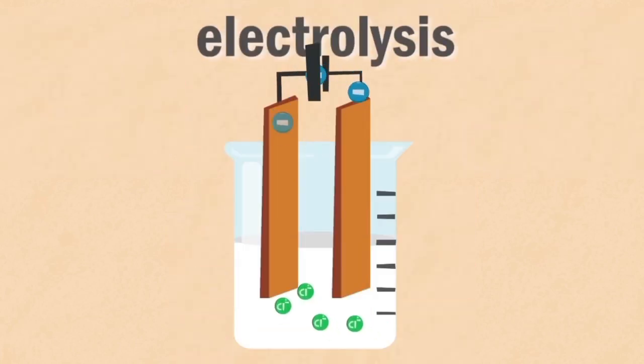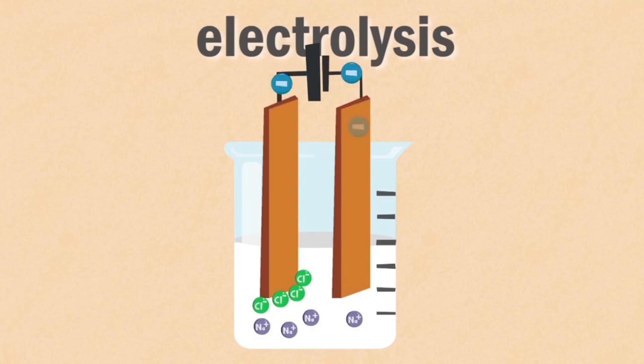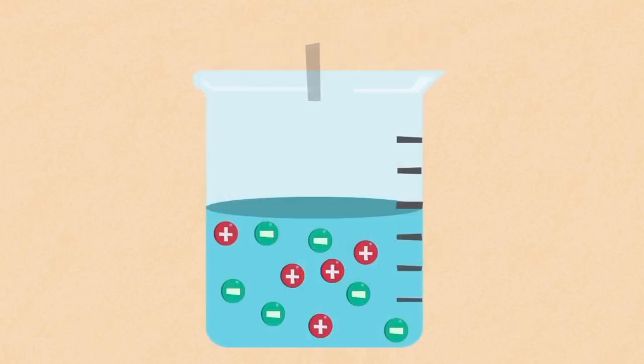Electrolysis is the flow of electrical current in a conducting solution or molten liquid that causes chemical changes. The conducting liquid is